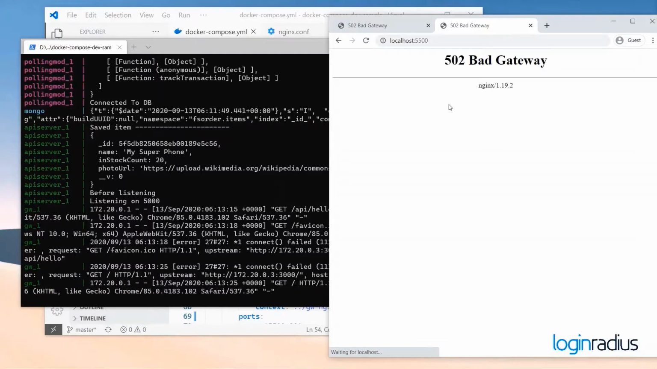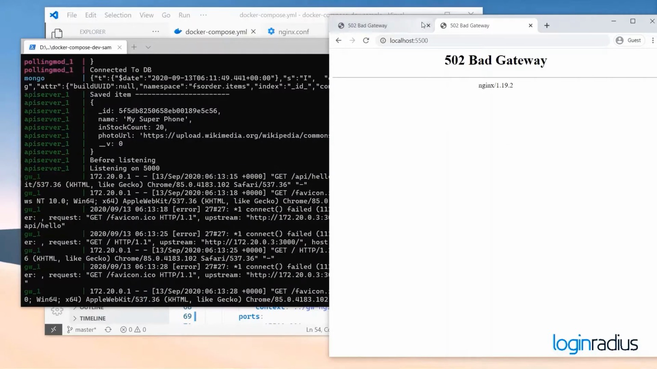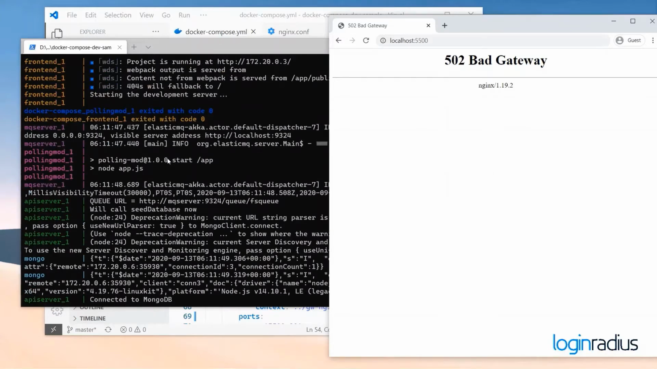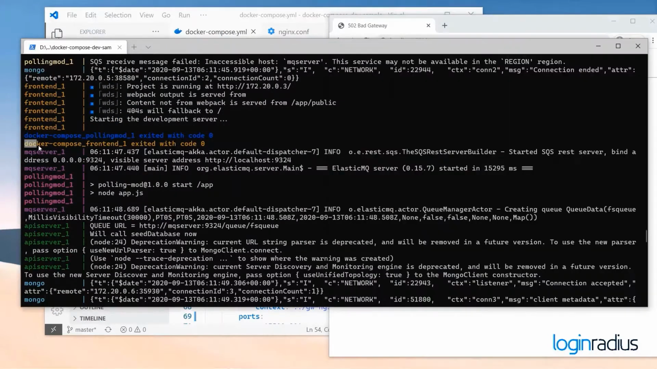Okay, we have a bad gateway. And why do we have a bad gateway here? We have a bad gateway because this application is not working anymore. Docker Compose says the front end has exited with code 0. Even if you have a restart policy there, it will keep exiting. And why would this happen? Because